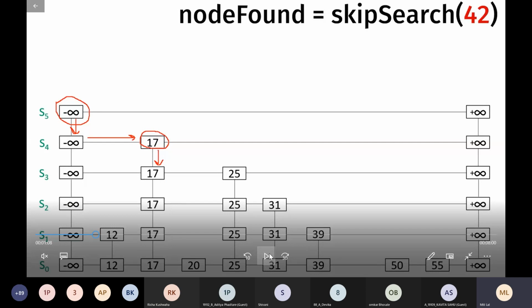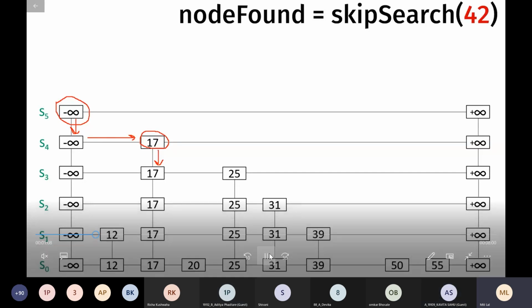Now it is greater than the current element, which means it should come after 17. But in level S4, after 17 it is the tail node. So there are no nodes after 17. So you have to traverse one level down. Is it clear to all? Yes, ma'am.